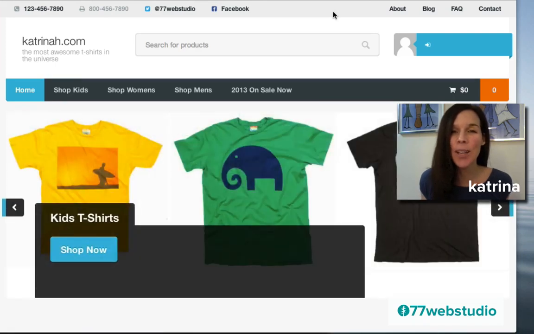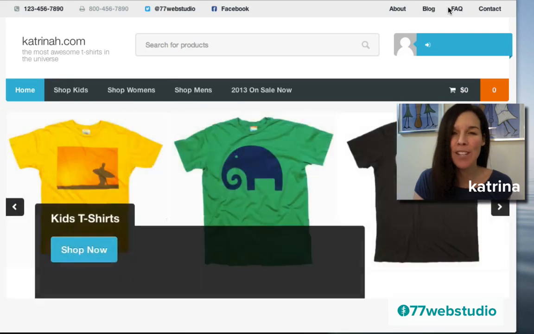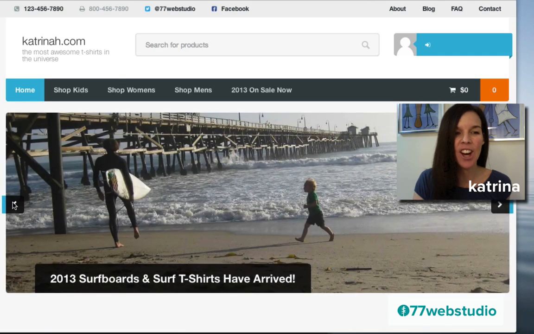So let's take a quick tour around the theme we'll be building in this video. Once again, this is a premium theme by WooThemes. It's called Superstore. You'll see it looks like this. We're on the home page. There's two different menu navigation items, one here on the top right hand side and then one right here in the middle. Then you see that there's a slider here where you can have a call to action if you'd like.